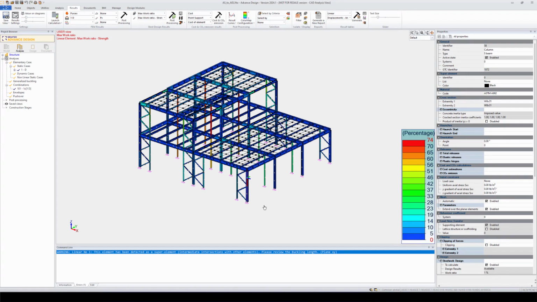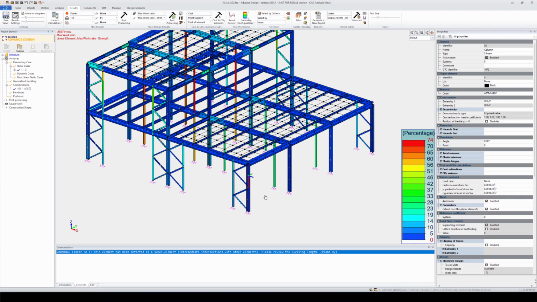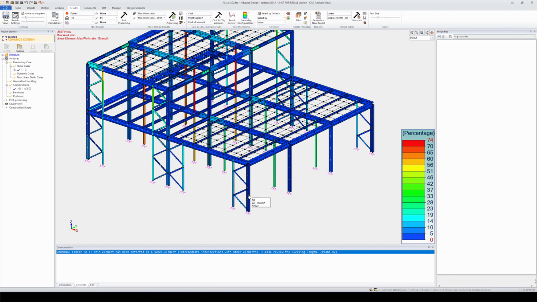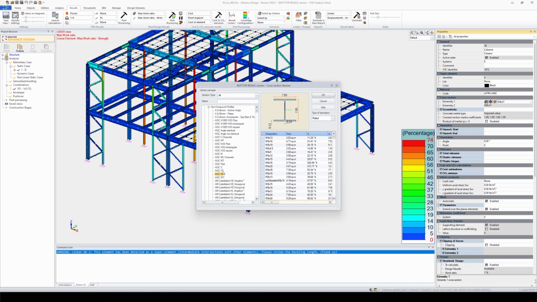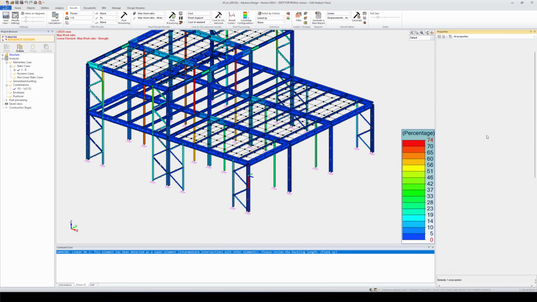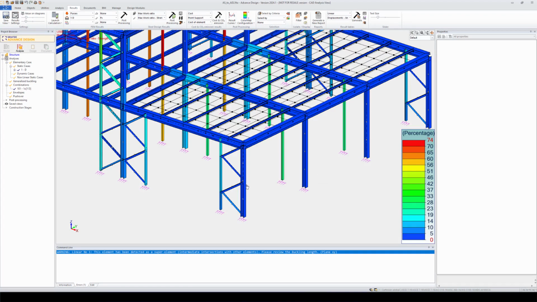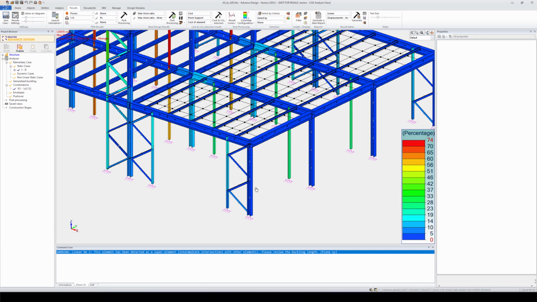So to just make it more interesting, I can change the section of this column to something else. Let's say here I have W8x31. I can just go to AD's library of sections, and from my AISC sections, for example, we can select S5x19, and click there, and that is going to be assigned to this column as you see there. So let's imagine for any reason, let's say design results, design problems, etc., you had to change this column from W8x31